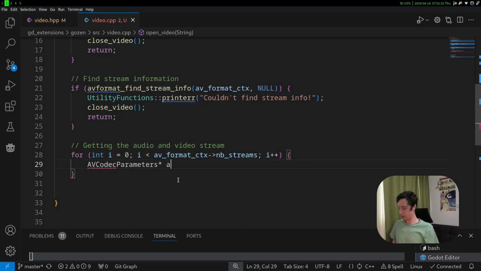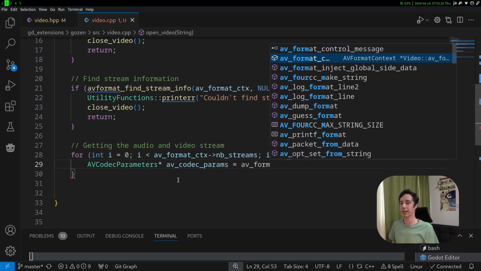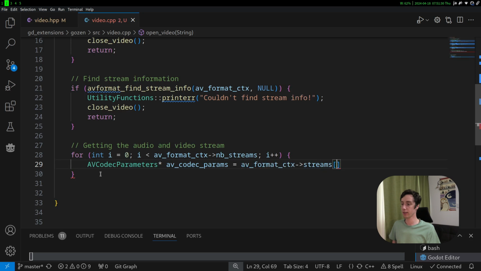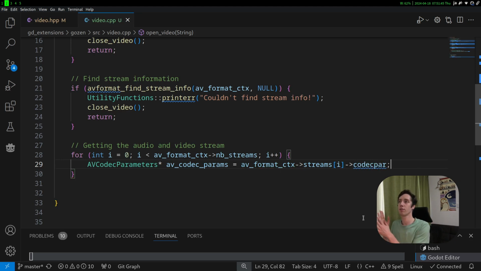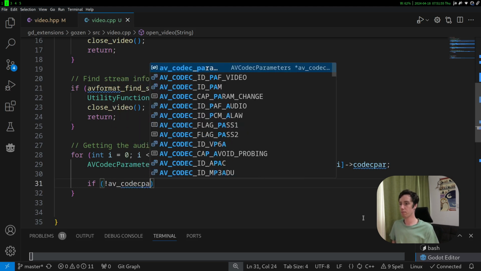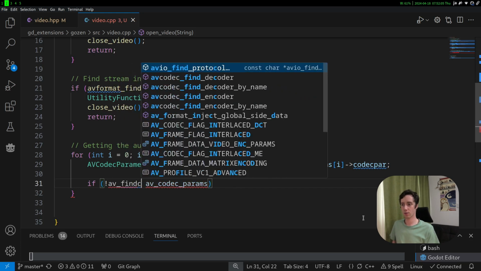Let's create a quick one, AV codec params. We need to get this from the AV format context. We get the streams, and we check the streams from the integer, from the number of streams. And we need the codec, the codec par. This will give us the necessary information to check what type of codec it is, if it's an audio or video one. So first of all, if we cannot find it, AV find codec,